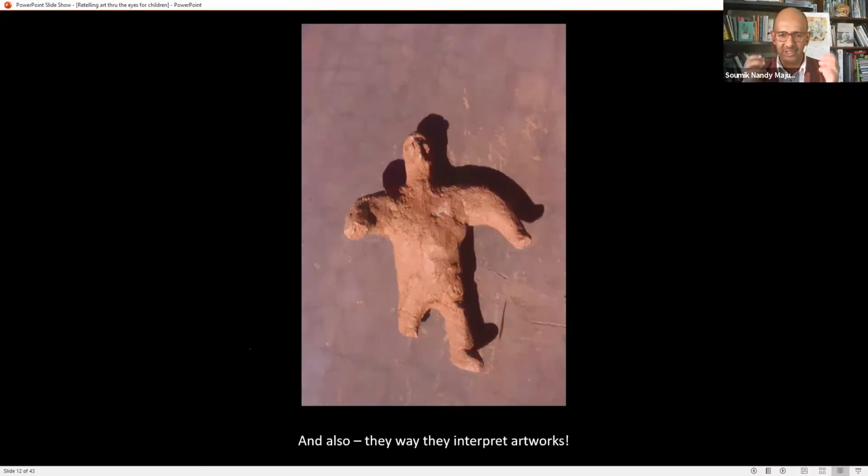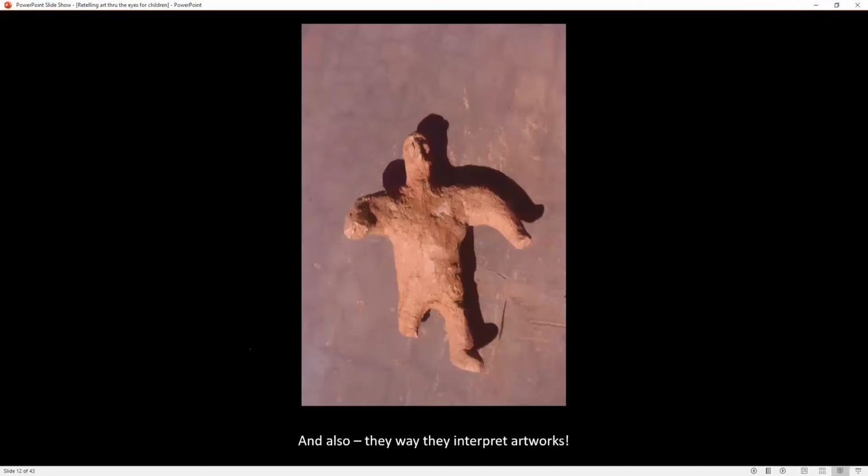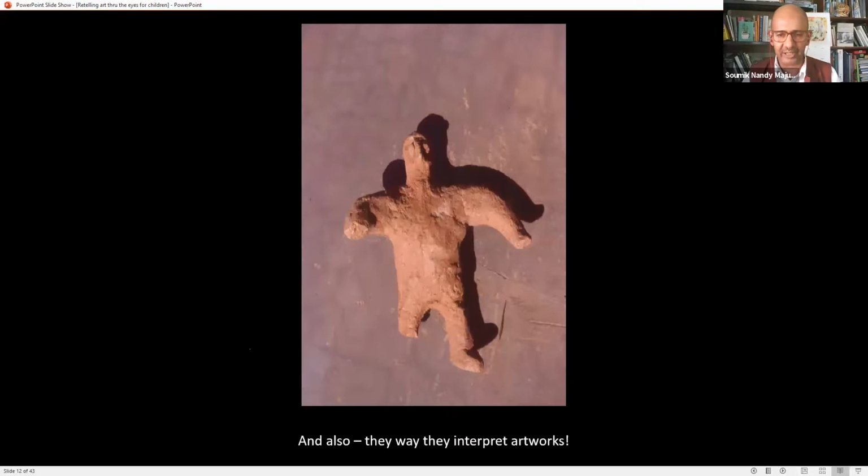So obviously I was looking at it from an art history angle and I thought, wow, if not exactly, very closely it resembles many of those terracotta figurines we often see in the Indus Valley civilization. They're like mother goddess and all that. So I was pretty confident that these figurines should ideally be representing mother goddesses, some kind of ritual figures. So I asked one of those boys that, okay, I know this should be one of your gods